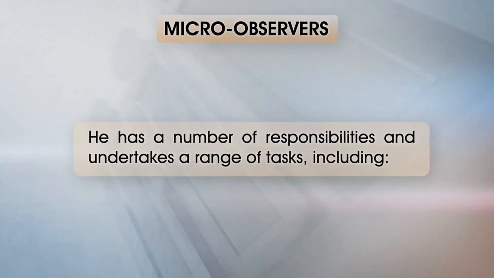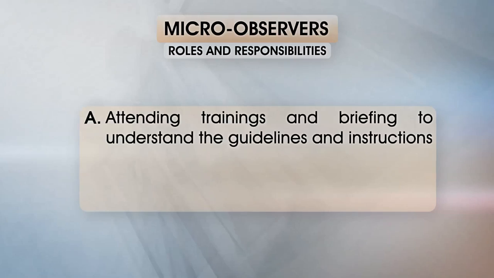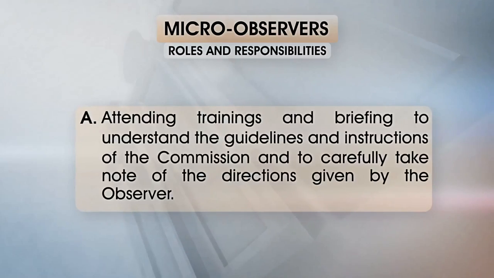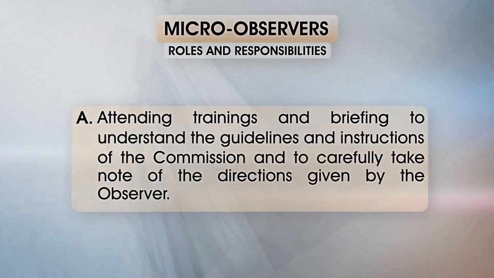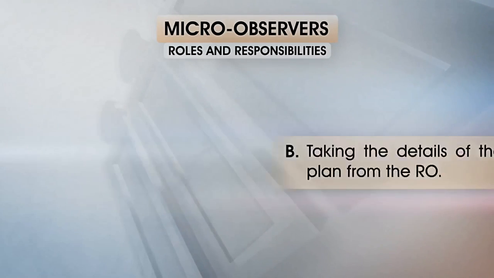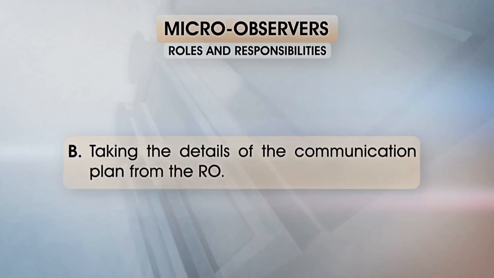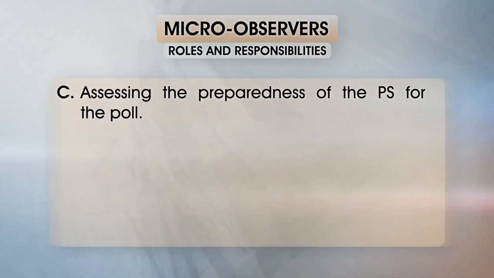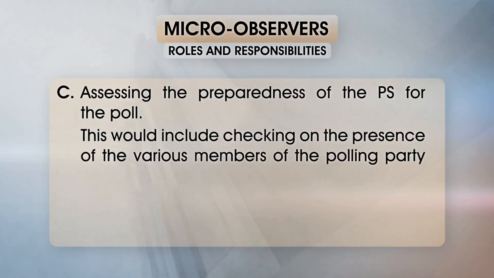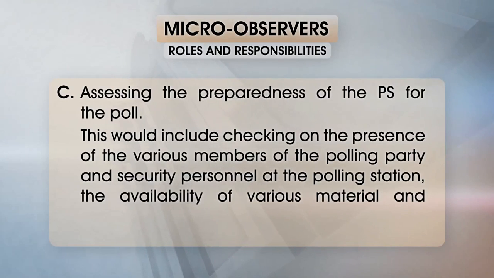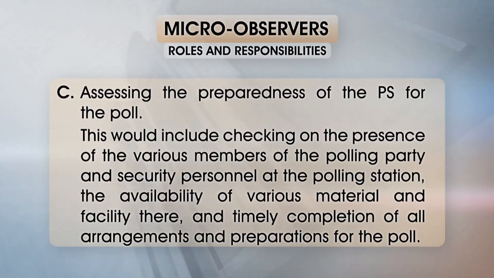He has a number of responsibilities and undertakes a range of tasks, including attending trainings and briefing to understand the guidelines and instructions of the Commission and to carefully take note of the directions given by the observer. Taking the details of the communication plan from the RO, assessing the preparedness of the PS for the poll. This would include checking on the presence of the various members of the polling party and security personnel at the polling station, the availability of various material and facility there, and timely completion of all arrangements and preparations for the